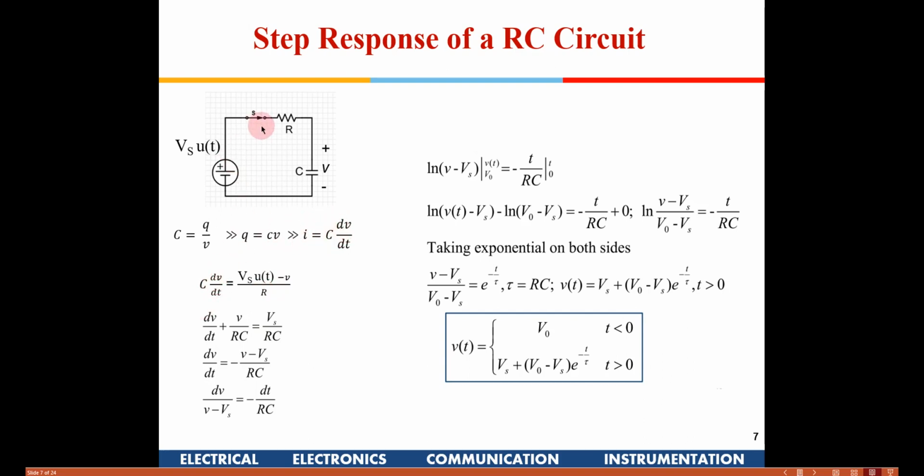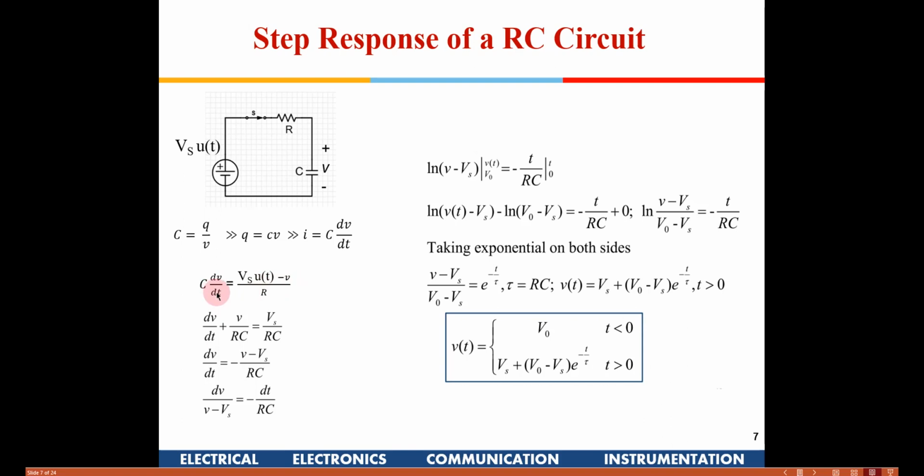Now that current is equal to what? What is the voltage here? It is Vs u(t). And what is the voltage here? v. This small v is the voltage across the capacitor. This is the voltage source, divided by R, so that is the current. So I have replaced the current I with C dv/dt and equated it with the current through the resistor. This is the current through the capacitor, this is the current through the resistor, and since it's a single loop, they have to be equal. On the left hand side I have the current going into the capacitor, and this is the voltage across the resistor divided by the resistor, which gives the current in the resistor.